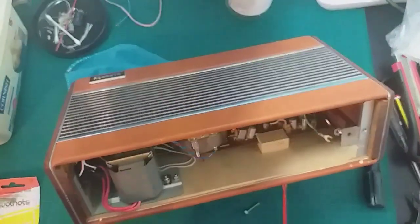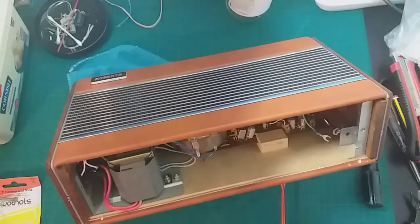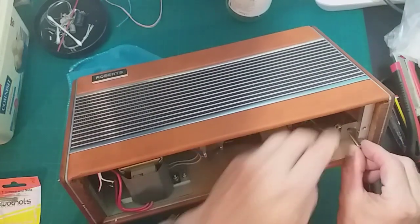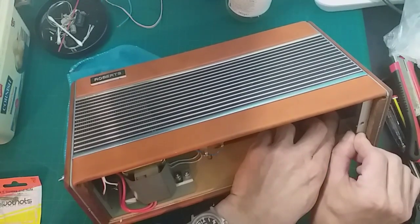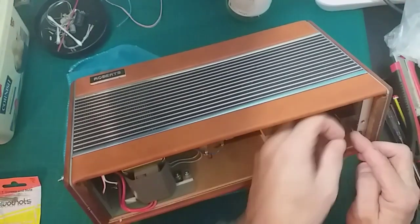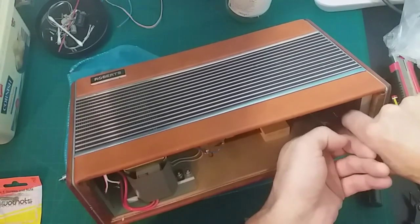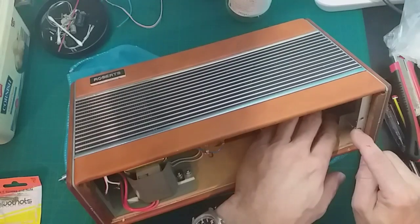So I've just drilled it slightly bigger, and let's see if that will fit through now. And of course we've got all that metal residue in there which we don't want dropping down near the circuit board, so that wouldn't be very nice for the radio. Okay, let's see if it fits now. A slight alteration. Oh, it fits now. There we go. So we can start to get this tightened up in here. This is fiddly. It's not going to be ideal if somebody wants to take this out. They're going to be screaming and shouting, aren't they? It's not perfect, but